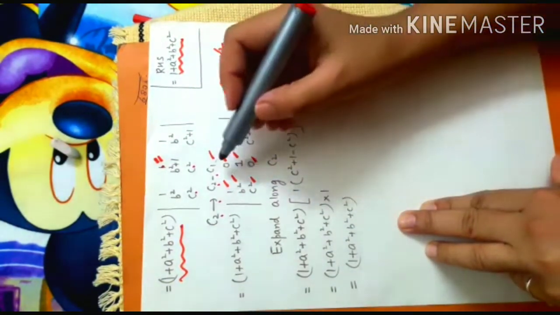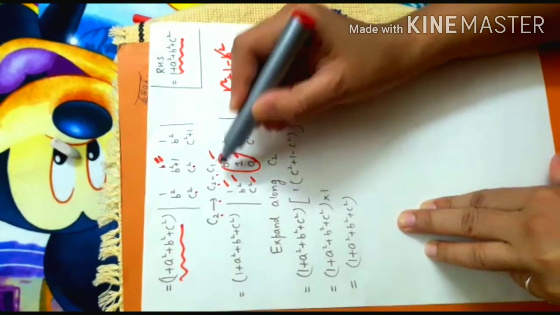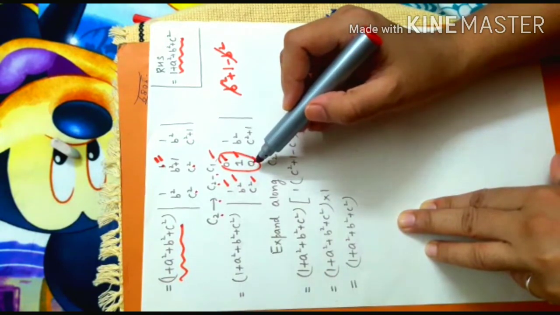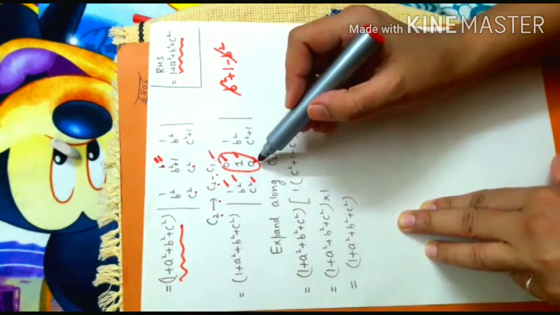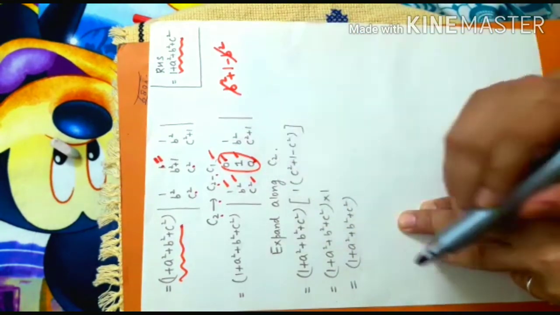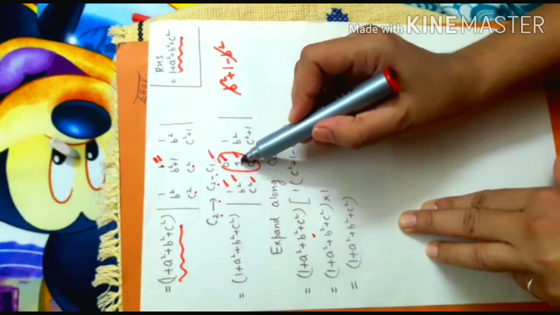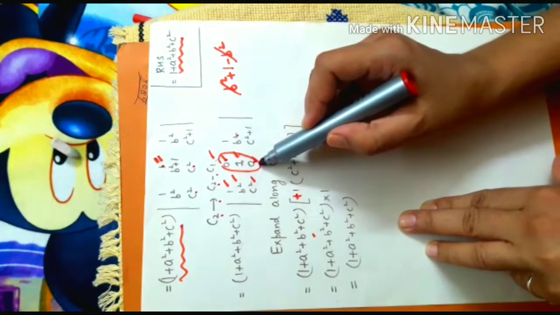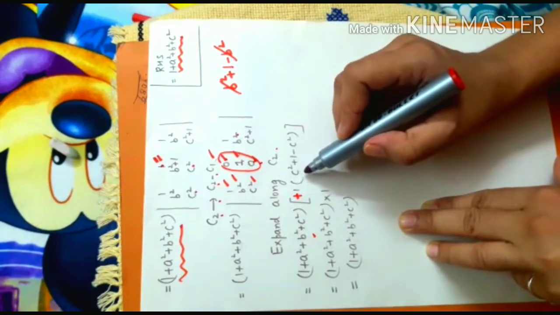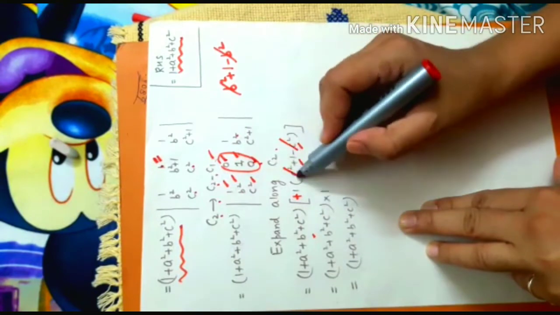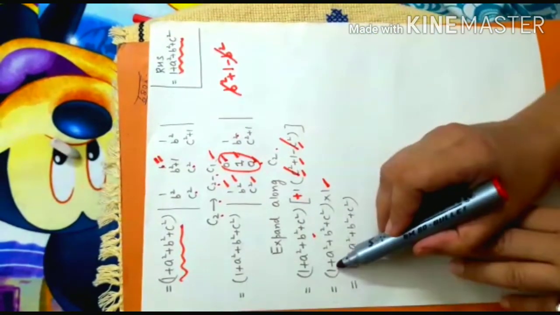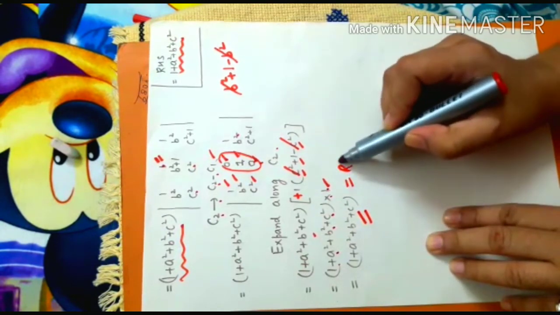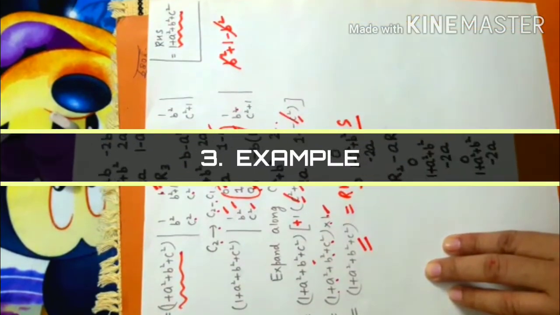Now you can see that in the second column, I have got 2 zeros. So now it will be easy to expand the determinant along the second column. So I expand along second column. So it's A22. So I take here plus sign, delete the second row and the second column, and the determinant obtained will be this, which on simplification will give you 1. So 1 plus a square plus b square plus c square into 1 will give you this, and this is equal to the right hand side.